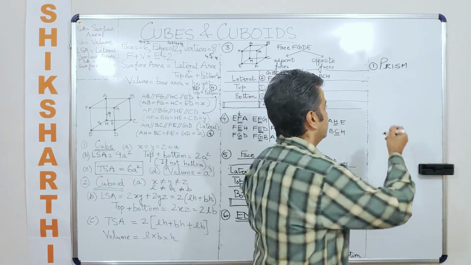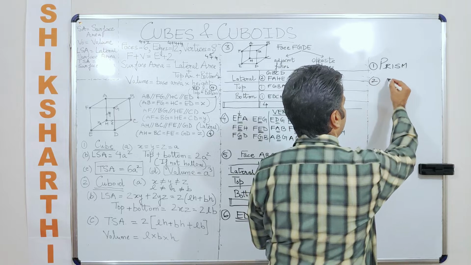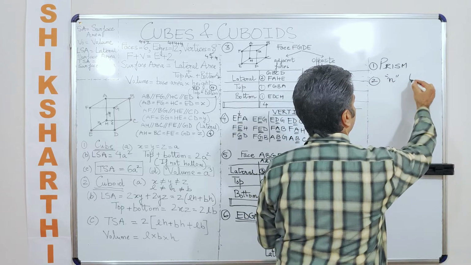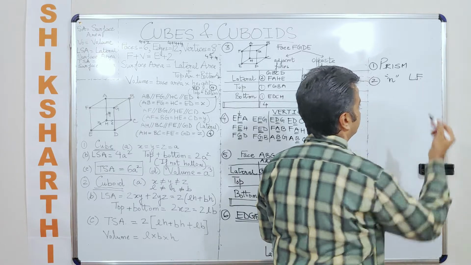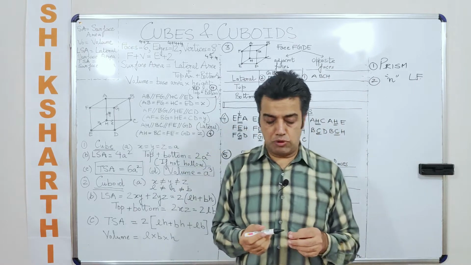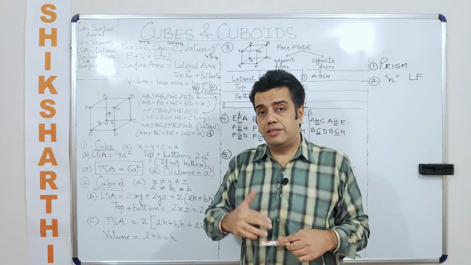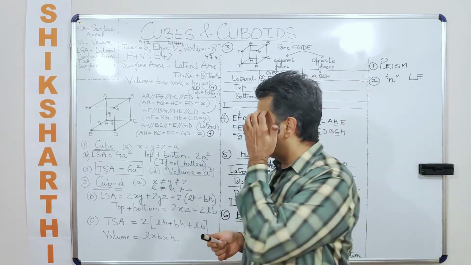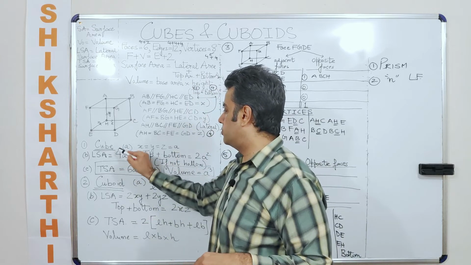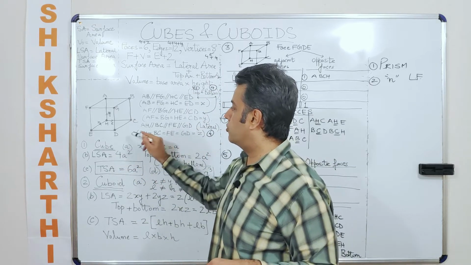Right? So the second point to be understood: n lateral faces, L lateral faces, LF, for an n-sided polygon which has been attached at the top or at the bottom or both. Okay. So now if I talk about a cube,